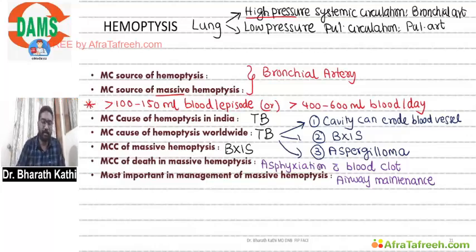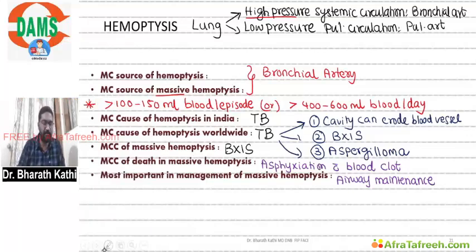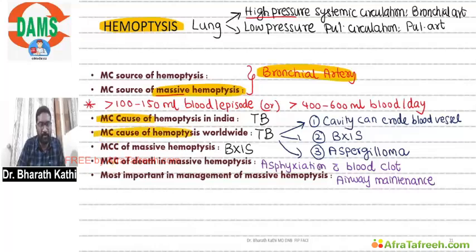So here key points that you should know in your Viva is, make sure you know that hemoptysis is commonly due to bronchial artery. So what is the definition of massive hemoptysis? Most common cause of hemoptysis, and why will a patient die in massive hemoptysis? Another common question in your clinical case discussion, whenever there is a patient with hemoptysis, examiners ask you is, what are